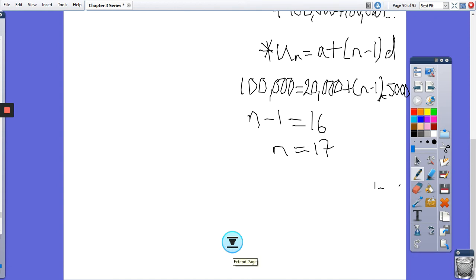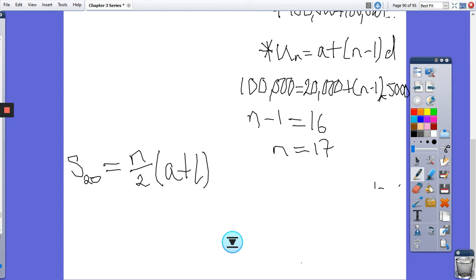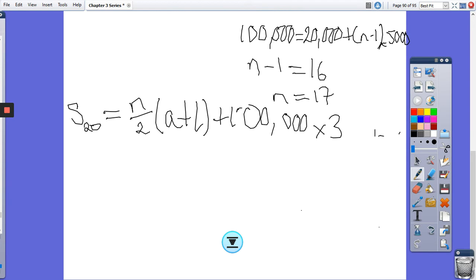So this sum of the first 20 terms is going to be n over 2, and I'm going to use this form of the formula, a plus L. So that will be up to the 17 terms, and then we're just going to add on 100,000 times 3, because we're going to do 3 lots: the 18th, the 19th, and the 20th. So let's sub in our values for the series. So you've got 17 over 2